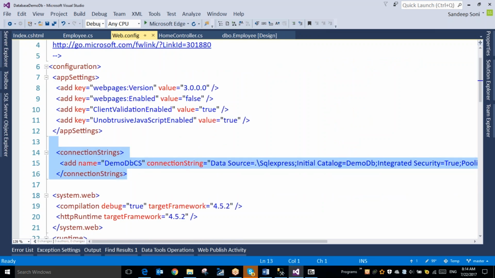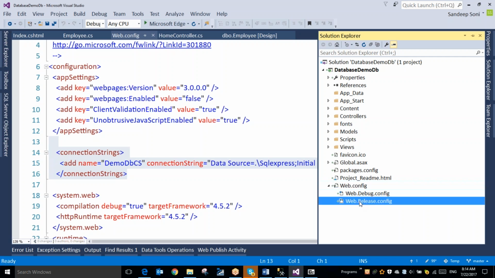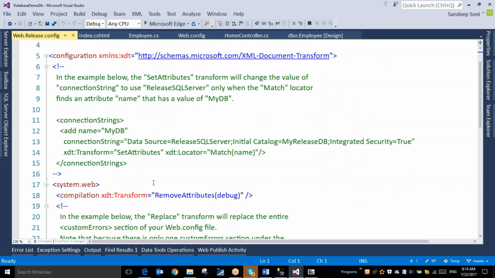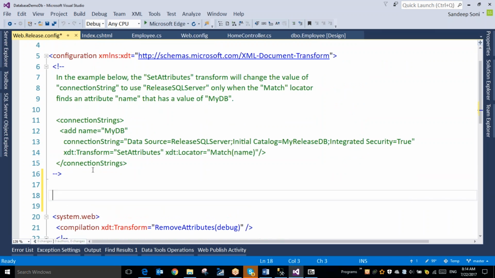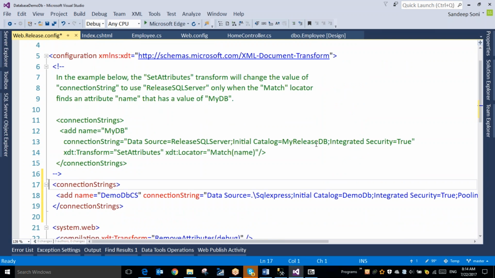So this connection string I'll copy and I will expand this web.config, and under what I'm going to publish, let us assume that I'm going to publish a release version. So I'll go to web.release.config and here I'll provide the connection string and I'll copy these attributes. You see here some sample is given. So I'll copy the transformation attributes and I'm saying that